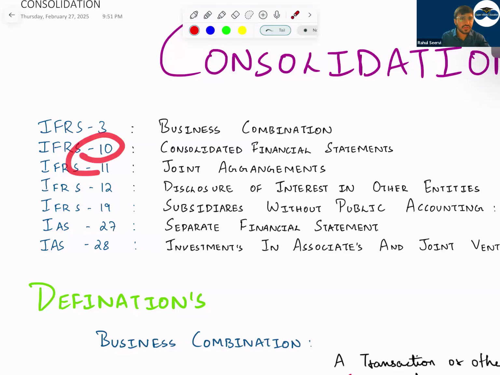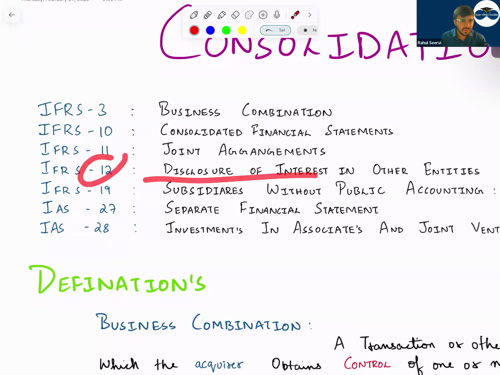Then in IFRS 10, what is the theory question? Control. Whenever these questions come, please write down the technical knowledge as given in the standard, because the marks are very high. In the first question, the technical marks are very high. When coming to control, if you just write down the definition, you get 3 marks. When writing about business, what does business mean? 3 to 4 marks. Then IFRS 12 disclosure, not so important.